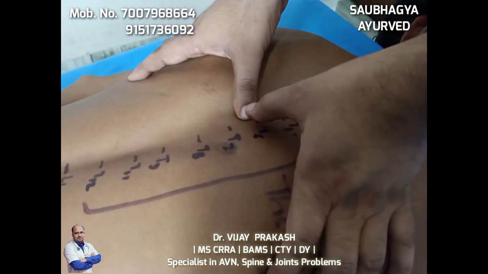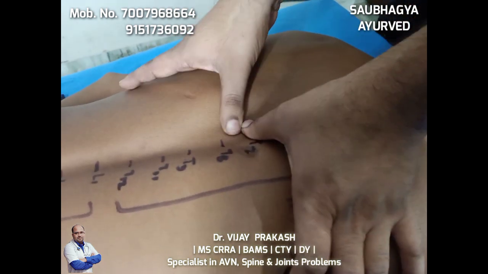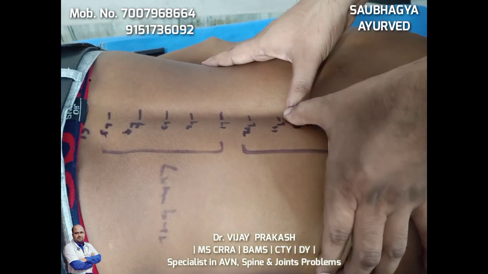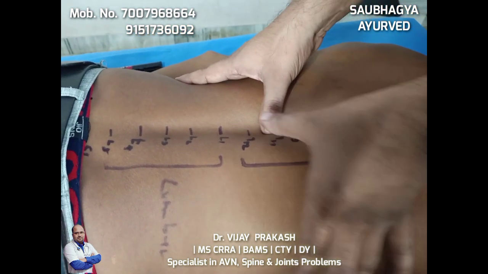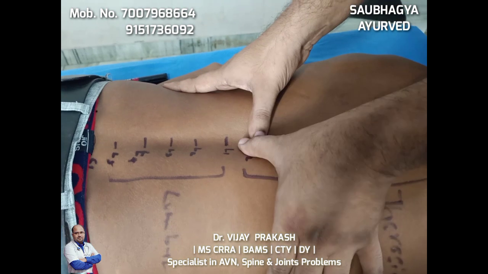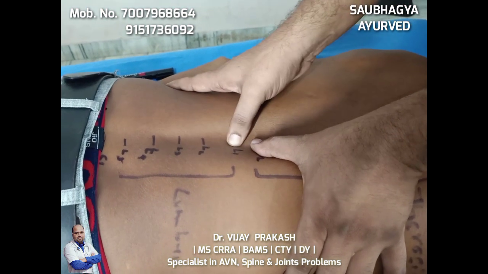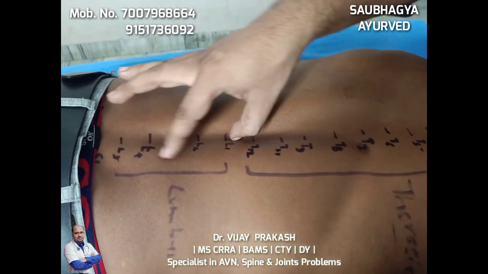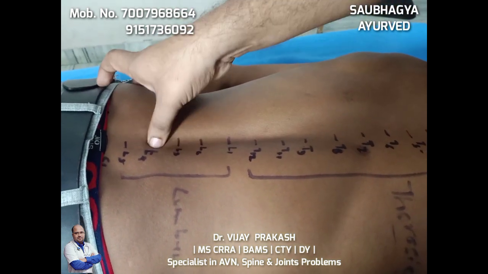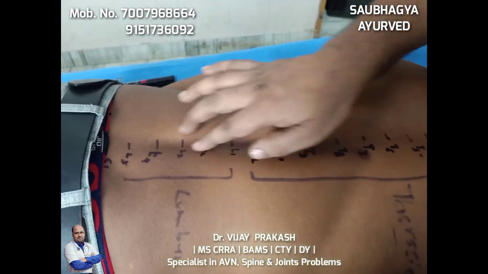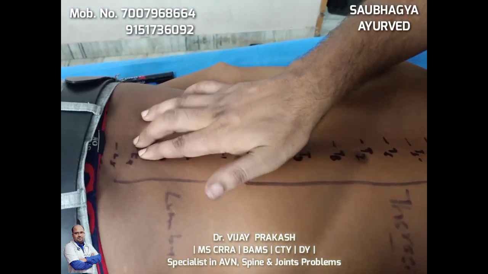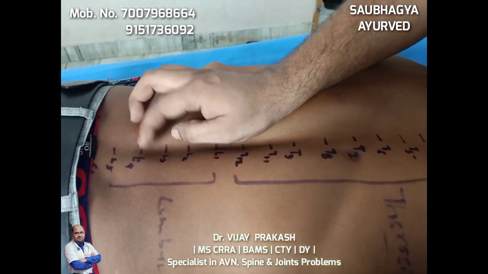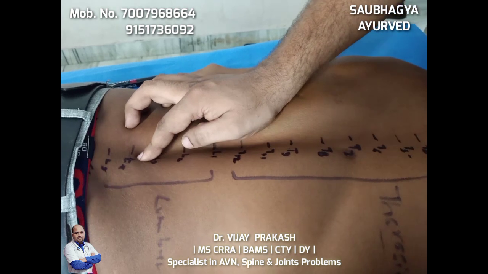This is C6, T6, T7, and this patient is normal, so we are not able to identify any abnormality. And this is the lumbar portion. This is the most common portion. Whenever there is abnormality, swelling of the lumbar portion is very common. You can feel the abnormality from here. Sometimes bulges are there, and nerve compression is most common at the L4 and L5 region.